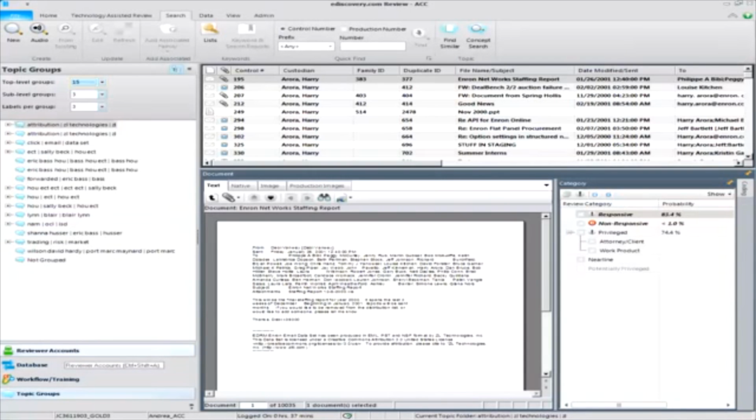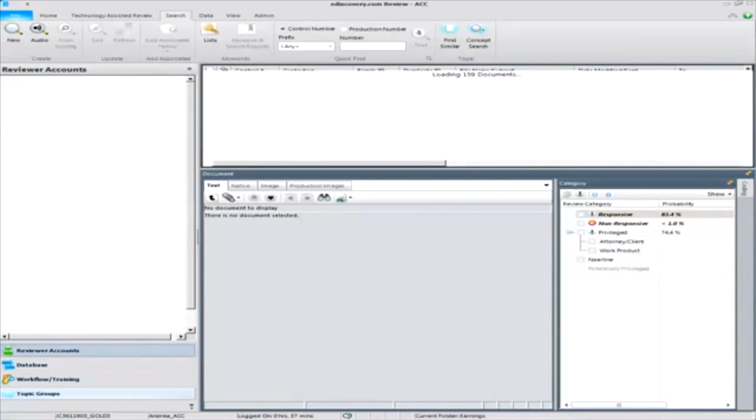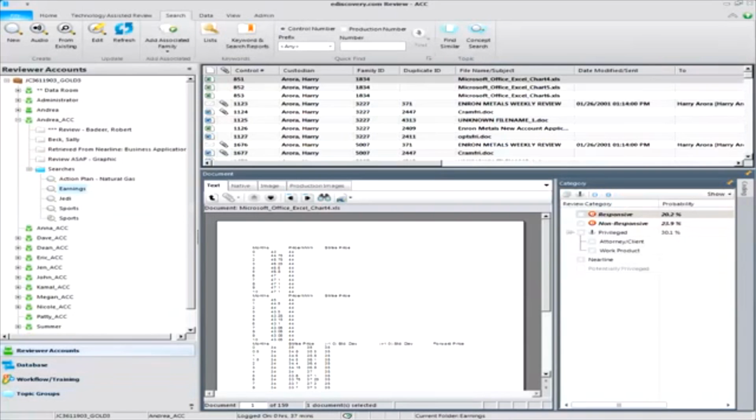What do you think so far? That's impressive. And a lot of folks have focused on predictive coding and advanced analytics on just the big cases, but I think they're going to be the game changer for the solos and the small firms and for matters in state court. And e-discovery marketing folks often just outright ignore 93% of litigation in this country, focusing on the